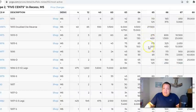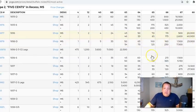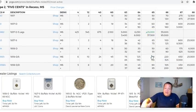So there are a couple absolutely huge coins to find. Here's a 36, which is a standard multi-million minted date. 36, look at the top value, and it's 68 plus, $40,000. That's a lot of money. So as you can see, up and down the list, you even have a couple of overmint marks and a couple of RPMs, and those are quite valuable at the highest grade levels. All right, but you could see just the overall